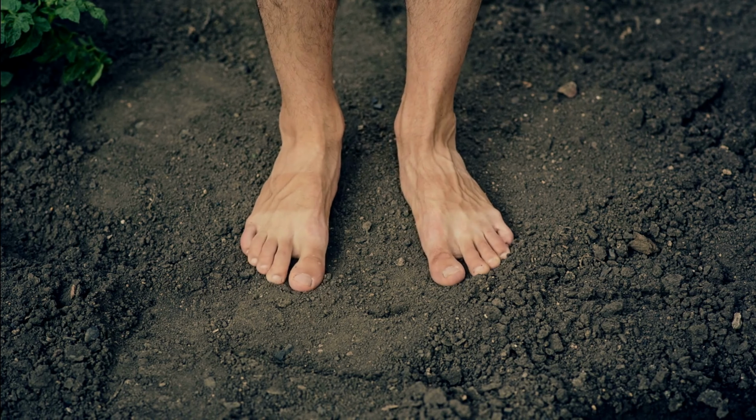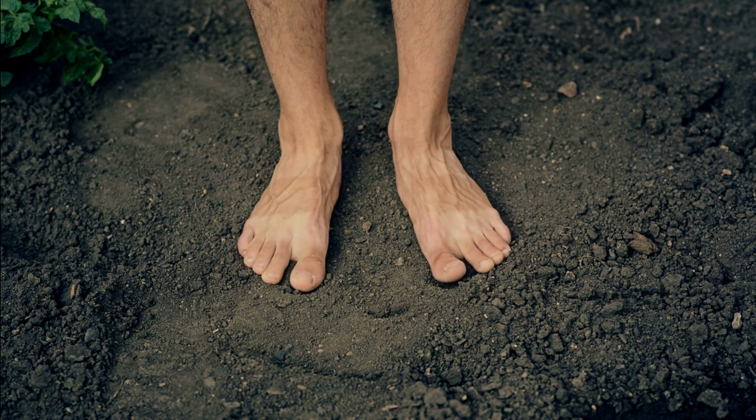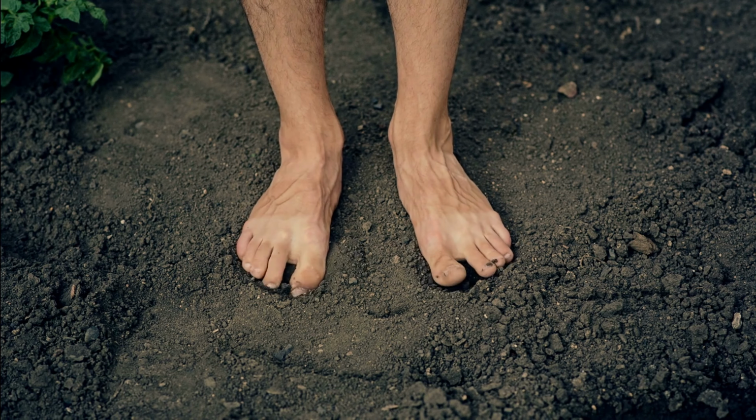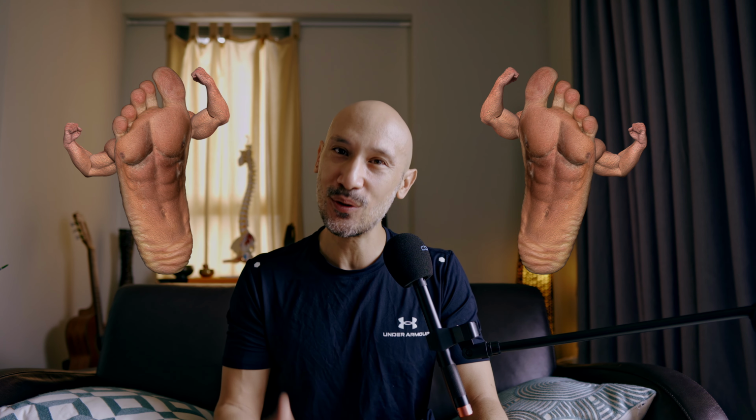Talking about feet, it's great that you change terrains and change shoes and everything, but if your feet are not strong enough to support your upper body, then you can't expect to be in good performance and to prevent overuse running injuries. So in choosing your shoes, and if you're doing strength training, don't forget to strengthen the intrinsic muscles of the foot or the foot core. And if you don't know what the foot core is